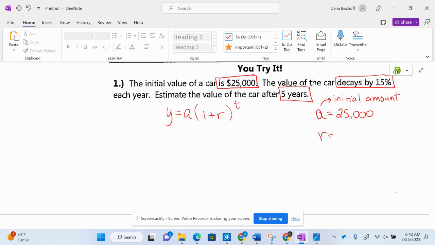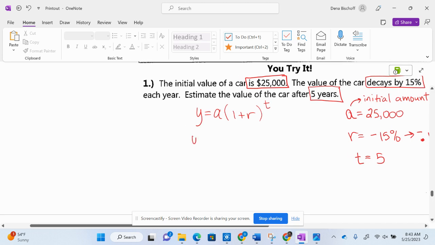What is my rate? Yeah, it's negative 15% because it's a decay. And yes, Hayden said negative 0.15. Negative 0.15. If it's decay, we're going to lose money, right? So we have to shrink it. What is my time? Yeah, 5 years. Okay. So Y equals A, which is